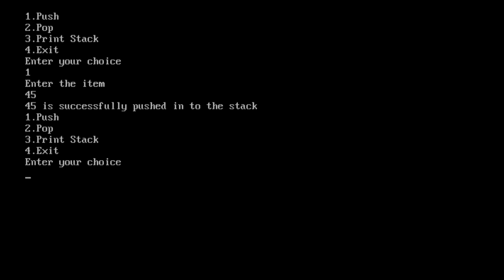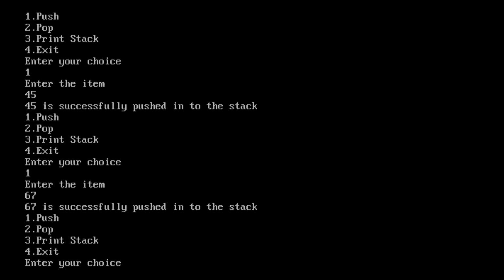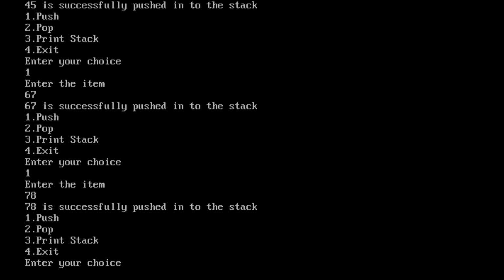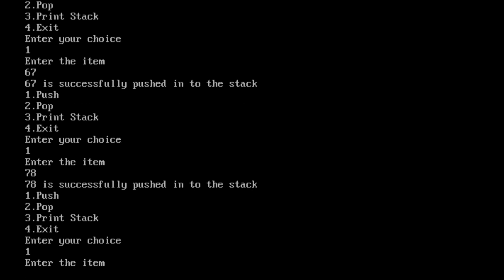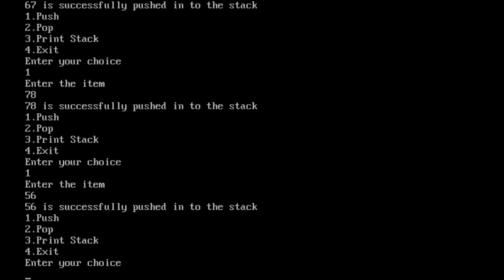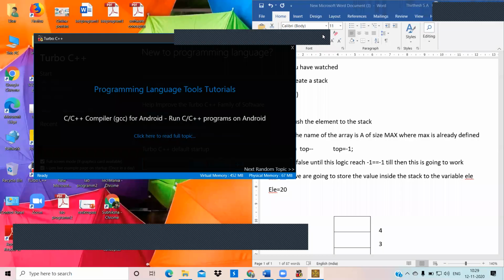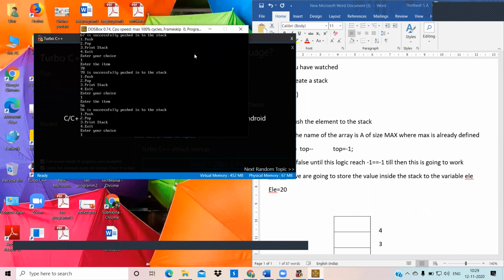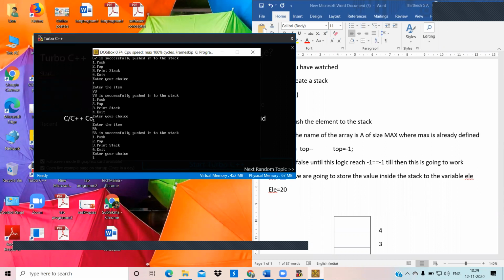Again I'm going to enter 1, and say 67. Again 1, and 78. Again 1, and I need 56 to be entered. Again I enter 1. Hopefully you can see the screen.